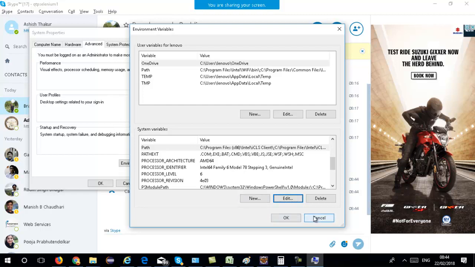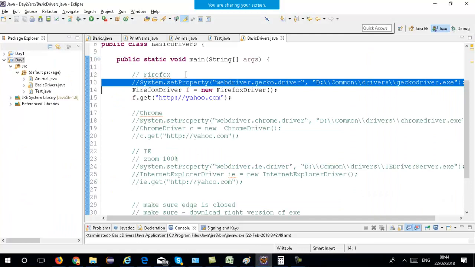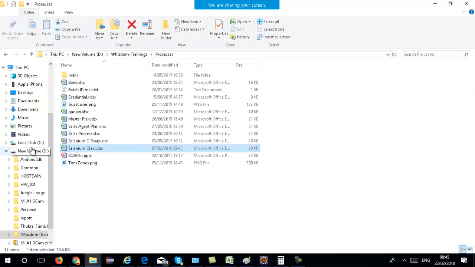Right. Now, once you do this, after you restart your machine, in Eclipse and everything, you don't have to write this line. Okay. In case of Windows 8 or Windows 7,